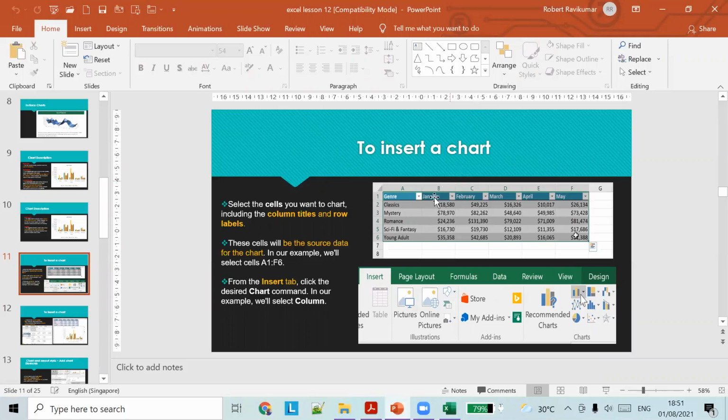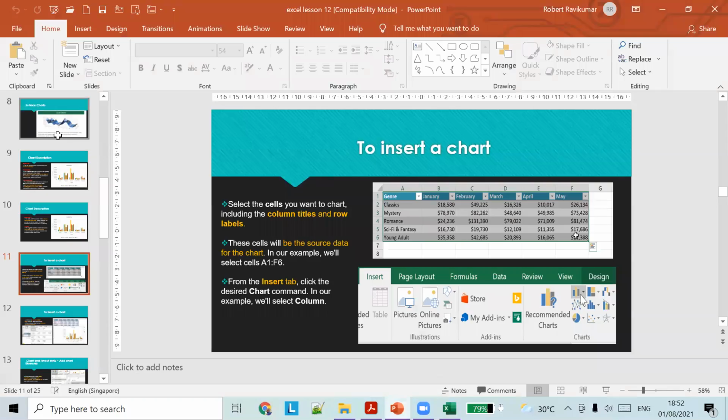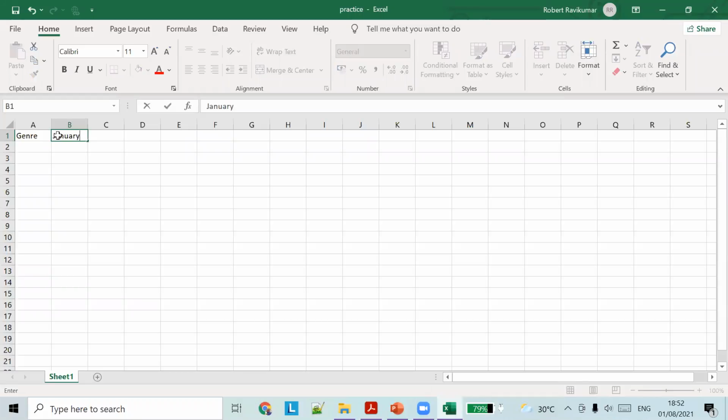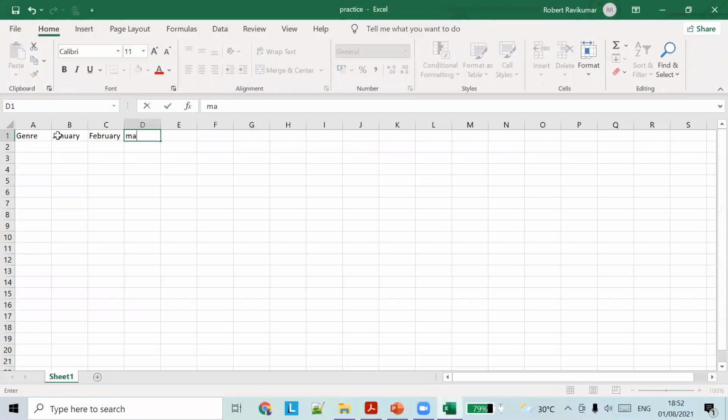So first, let us create this table. First, let's say genre, the sales in January, February, March, April, May.